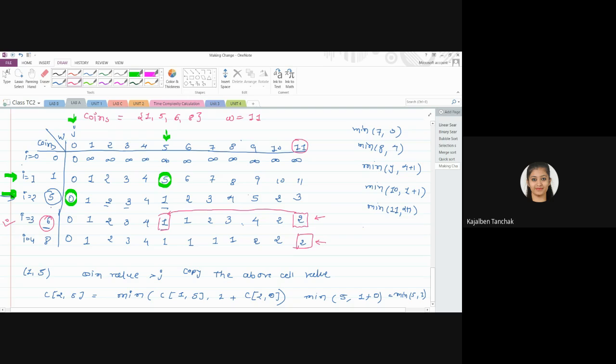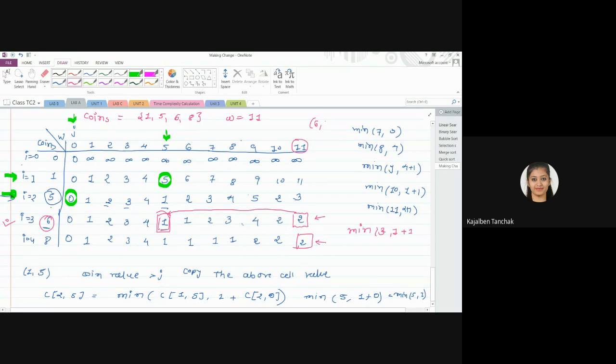This coin is selected. How have you selected? Simple thing. आपको यहाँ पे क्या करना था, 11 की वैल्यू फाइंड करनी थी. तो आपने क्या किया, अबोव सेल वैल्यू दैट इज 3. अबोव सेल वैल्यू क्या है, 3 है. Then 11 minus 6. Go to the column number 5. Value is 1. 1 plus 1. So ये जो 2 है ये यहाँ से आया है column number 5 से, right? So we have moved the pointer to this. So 1 coin is selected. Okay, so 6 is selected.